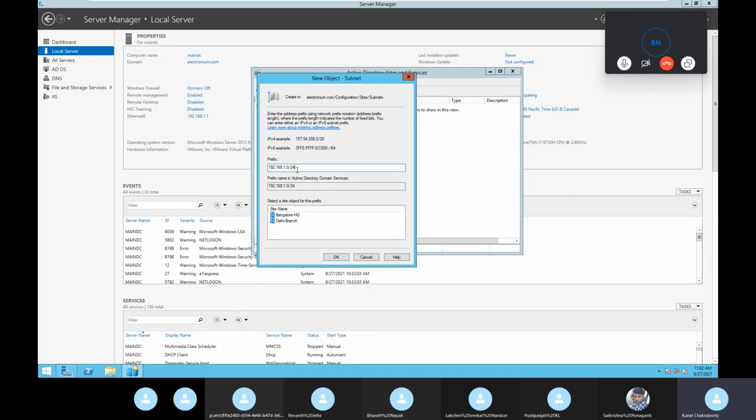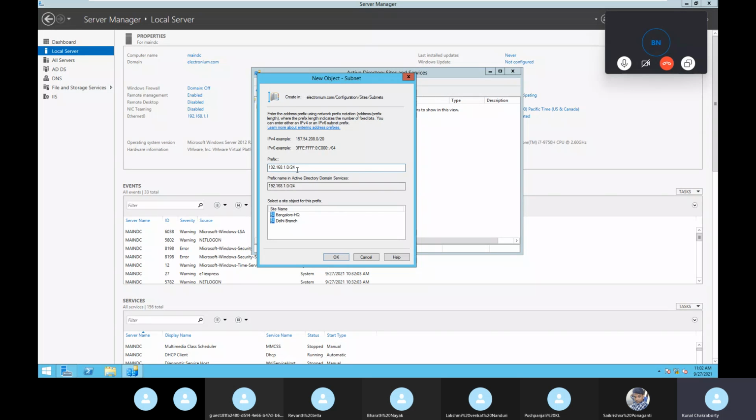Suppose this is in Bangalore with a network ID of 192.168.1.0/24, and this server is in Delhi with, for example, 10.0.0.0/24. There will be routing and a lot of other things, but that means this can communicate with this, no problem.